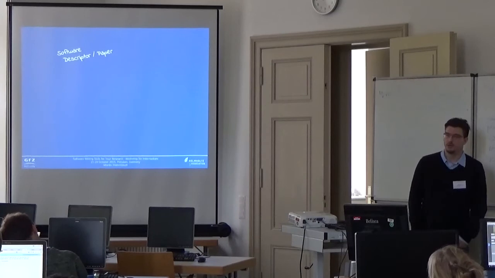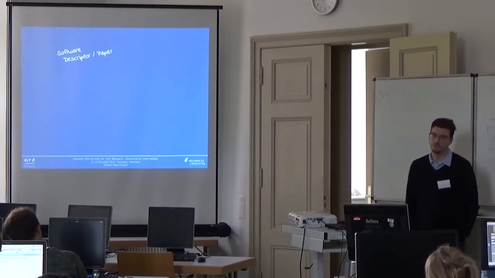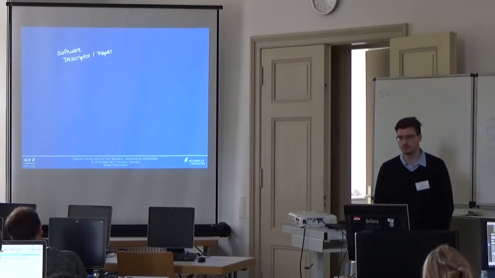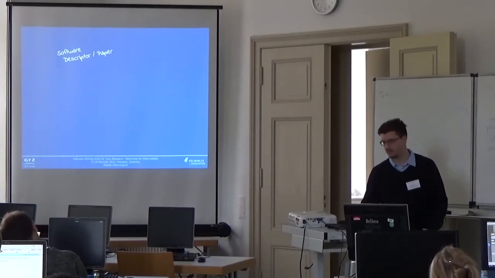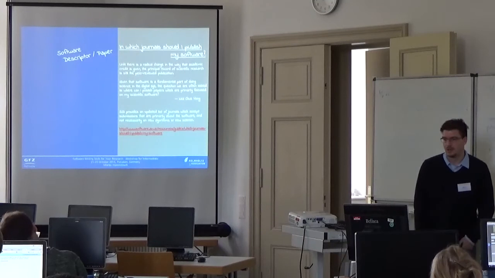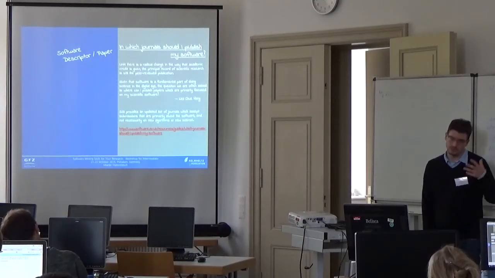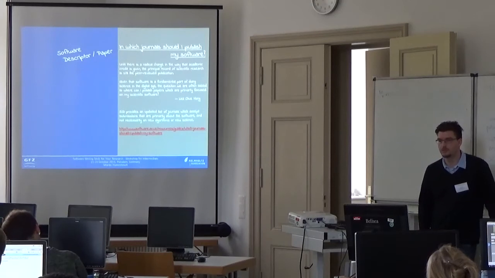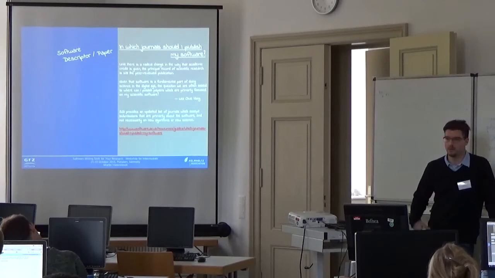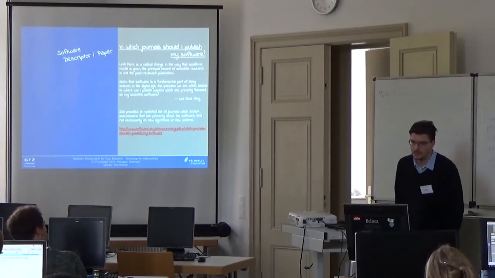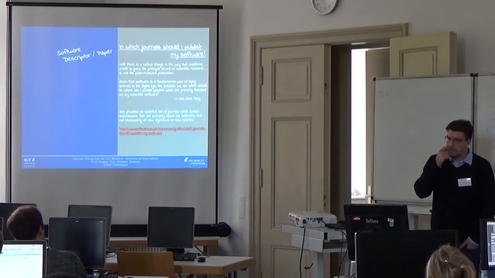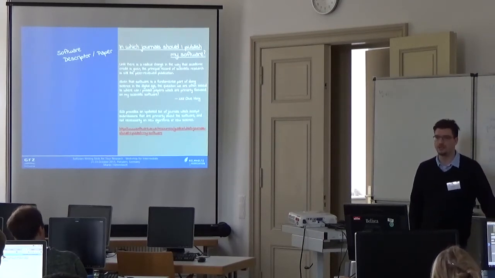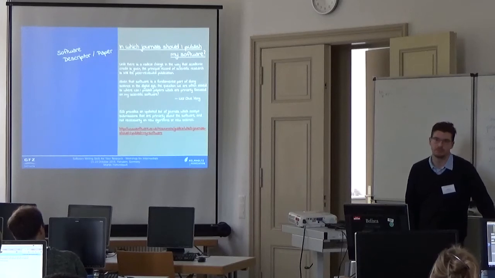Okay, what does it mean? When we look at these software journals, then mainly you have these software descriptor papers, where you write something about your software. This is something that you can also do for several years right now, and you still have the question, in which journals should I publish a paper which describes my software? Mainly this is, and this is interesting, until there's a radical change in the way that academic credit is given, the principal record of scientific research is still the peer-reviewed publication.